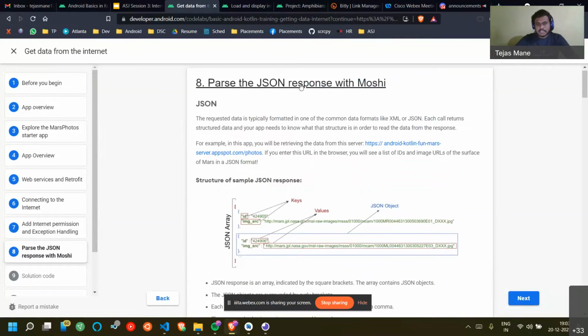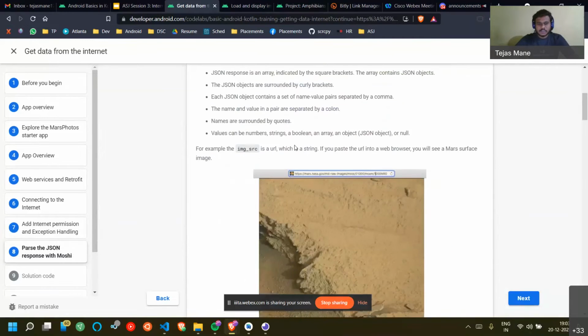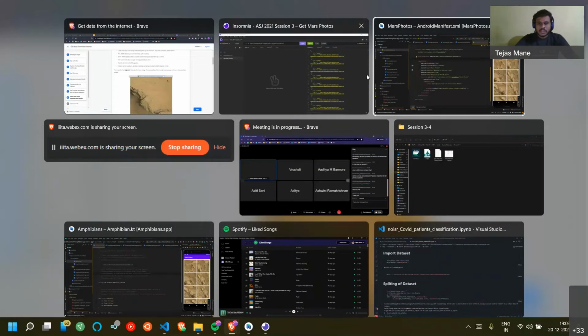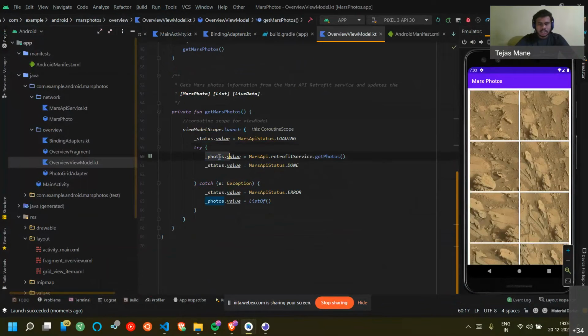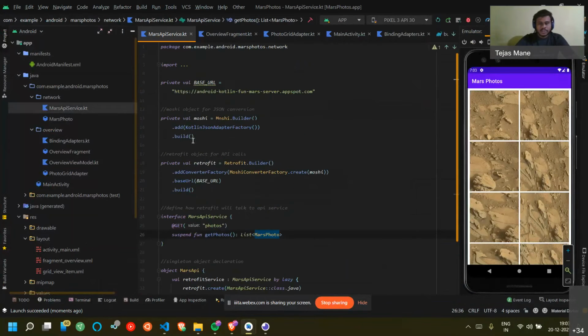Next, parsing the JSON response with the Moshi library. So till now we are getting the response in this. So if we want to convert it into a Kotlin object, we will use the Moshi library, which is a JSON converter. I have defined it here, and a Kotlin JSON adapter factory is passed to this.